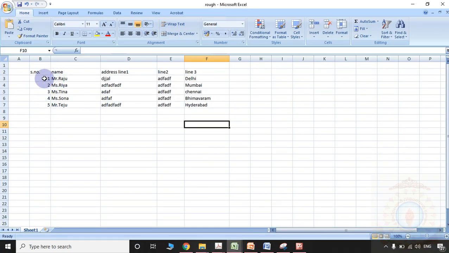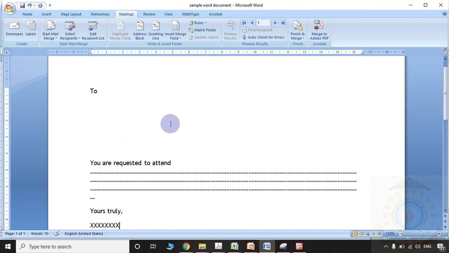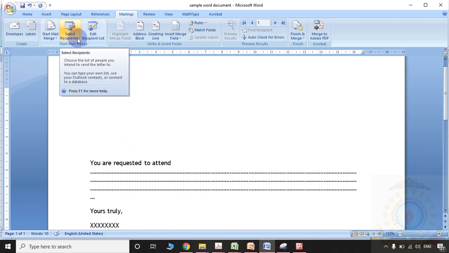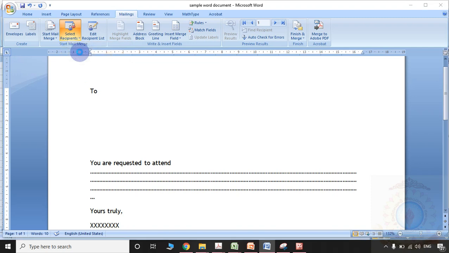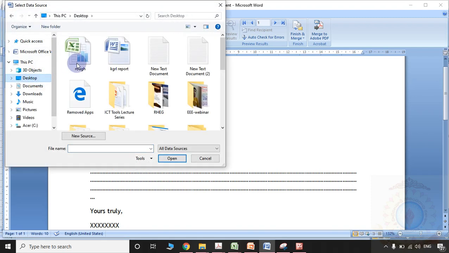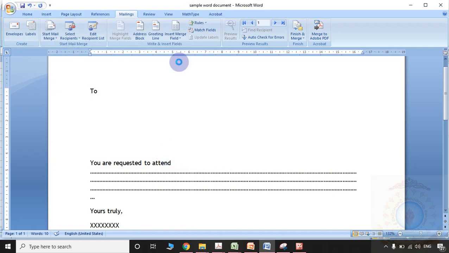So in this Excel sheet, with serial numbers 1 to 5, different person names and their addresses are available, like Raju, Ria, Tina, Sona, Tezu, etc. So I need to insert all these fields in this particular document. So select recipients, use existing list, whatever may be the Excel file in which I stored the required data, that I am selecting.